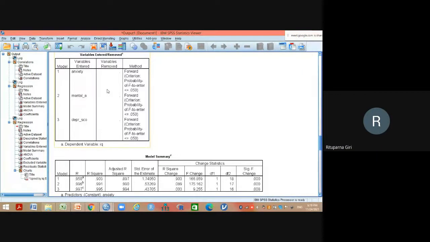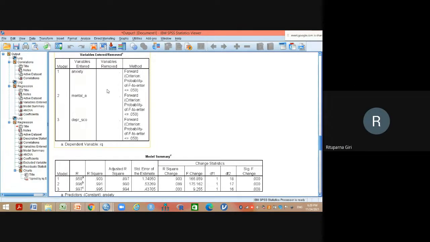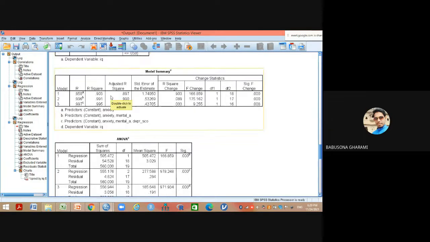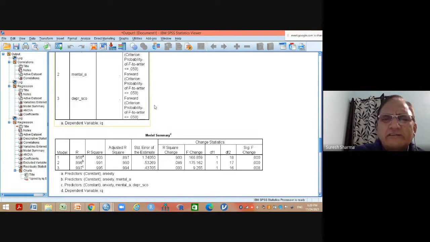Sir, did you use the stepwise method or the forward method? I applied forward. You can apply stepwise. You will get exactly the same result. Sir, what is the difference between stepwise and forward method? Both of them are equally good. In p-value, there may be a difference at the 4th or 5th decimal places. Nothing else. Both of them are equally efficient. There is a little difference in the formula, but your p-value will come out almost exactly similar. Okay?